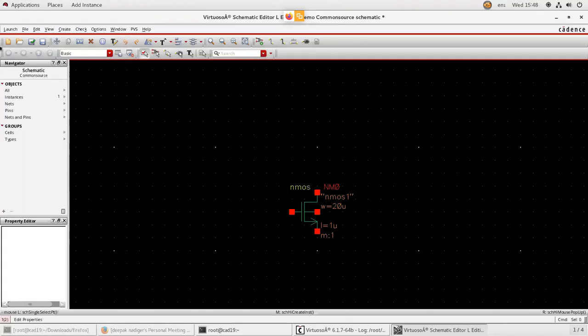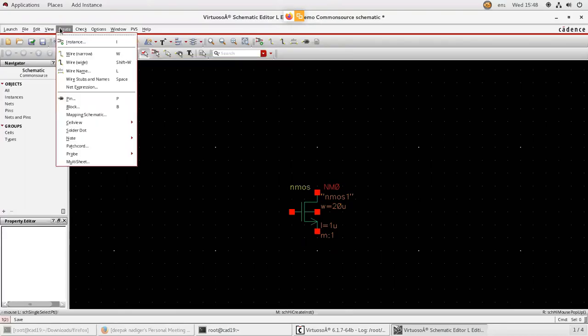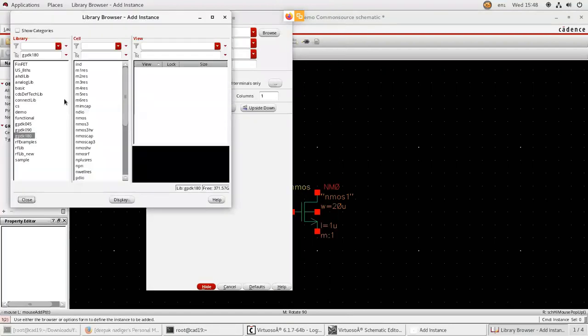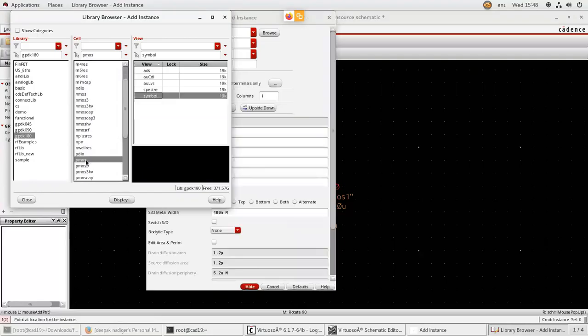Similarly, you take your PMOS, create instance, browse GPDK 180. In this you take PMOS. Click on close here.